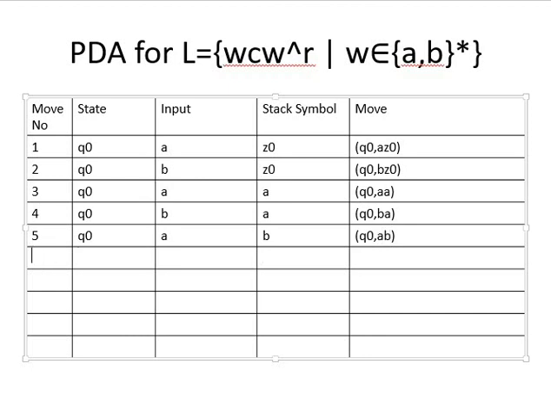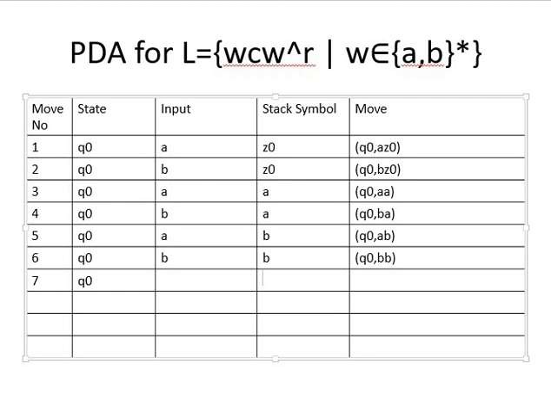Another possibility, that I am in state q0, top of the stack is b, input is also b. Again, what we are supposed to do, we have to push it on the stack. Now all possibilities which could arise in state q0 have appeared. Now another possibility is that I am in state q0,